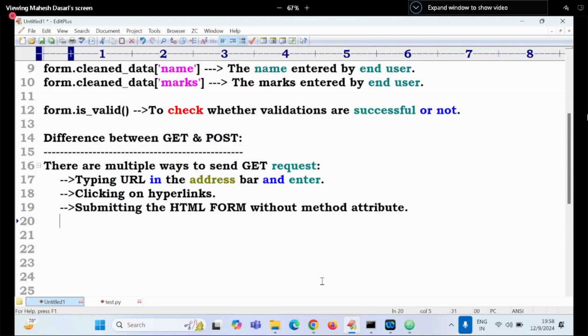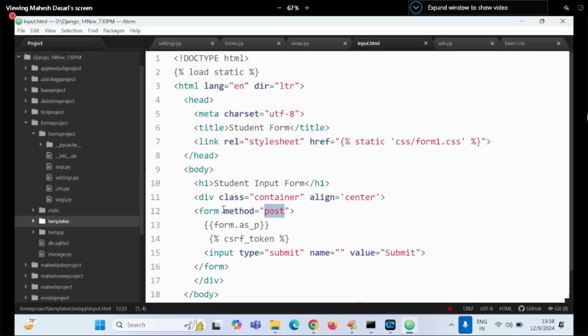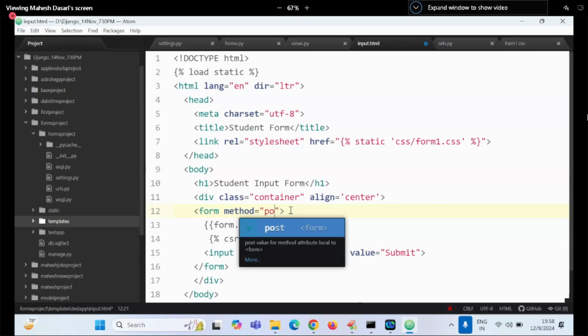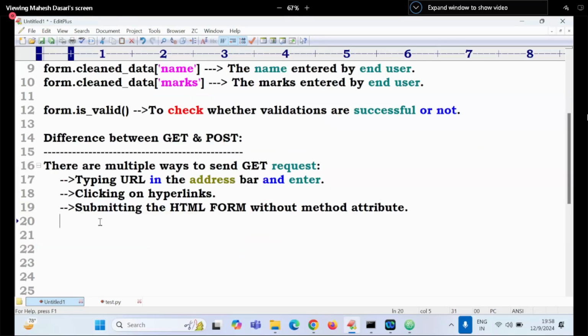Once this form is there and I click the submit button, since I have not provided anything, Django will consider it a get request. Even if given method equal to get, it is a get request. But post has only one option: if we mention method as post, then only it is a post request, otherwise get only. So these are the four ways: entering a URL, clicking on hyperlinks, submitting an HTML form without a method attribute,